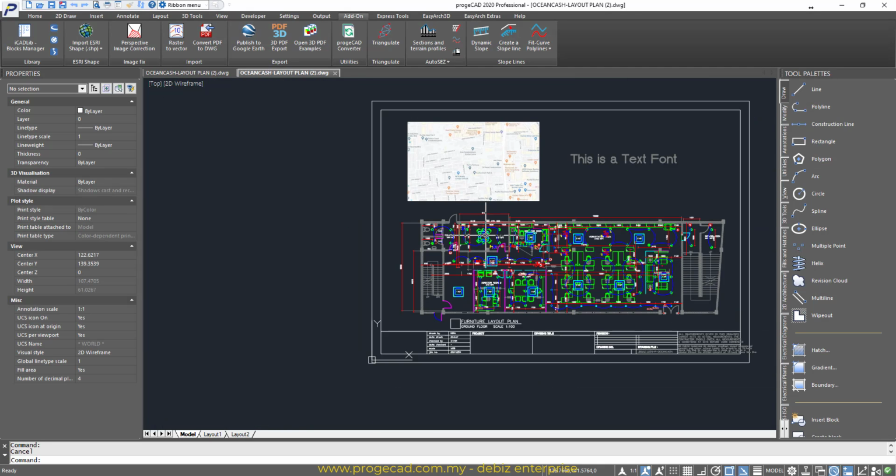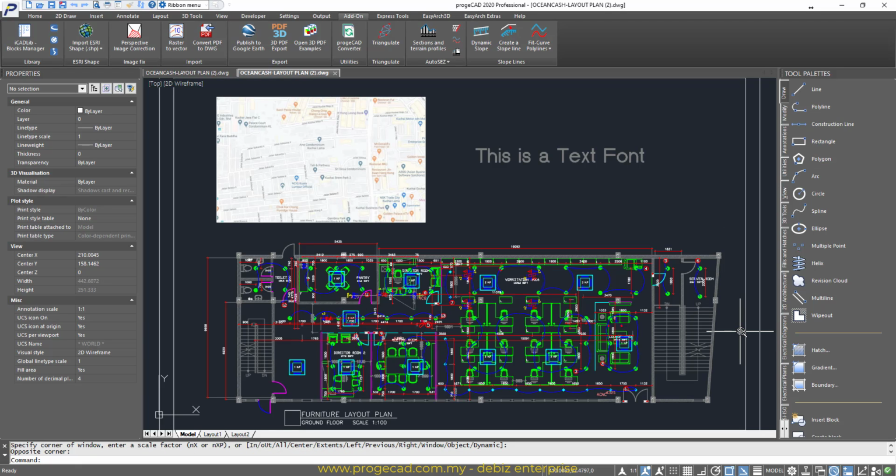But you are able to have the full drawings. The only thing is you might need to touch up here and there for this converted PDF to DWG format. Okay, this is what I want to share and highlight to you.